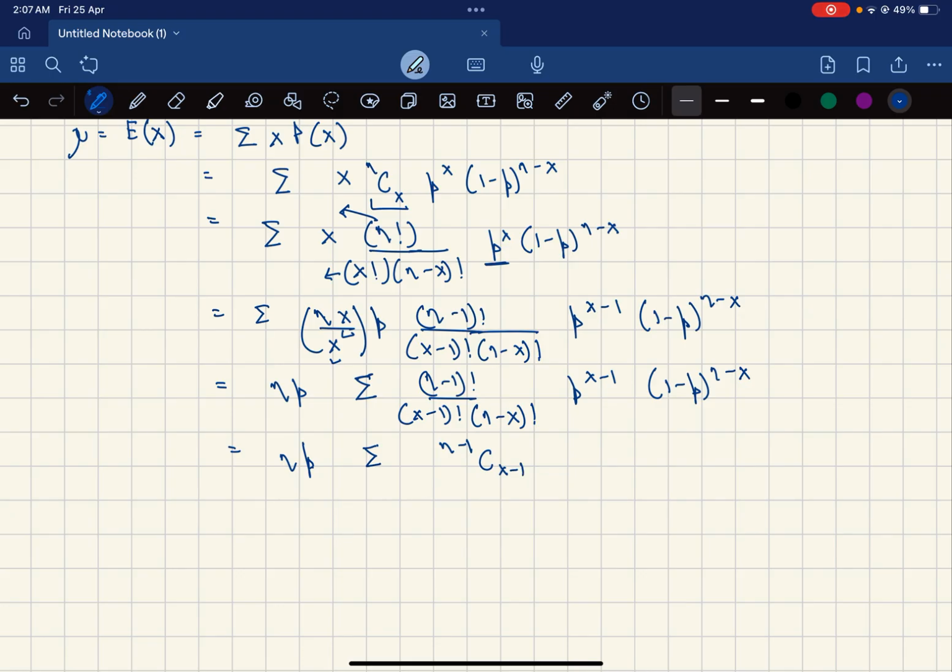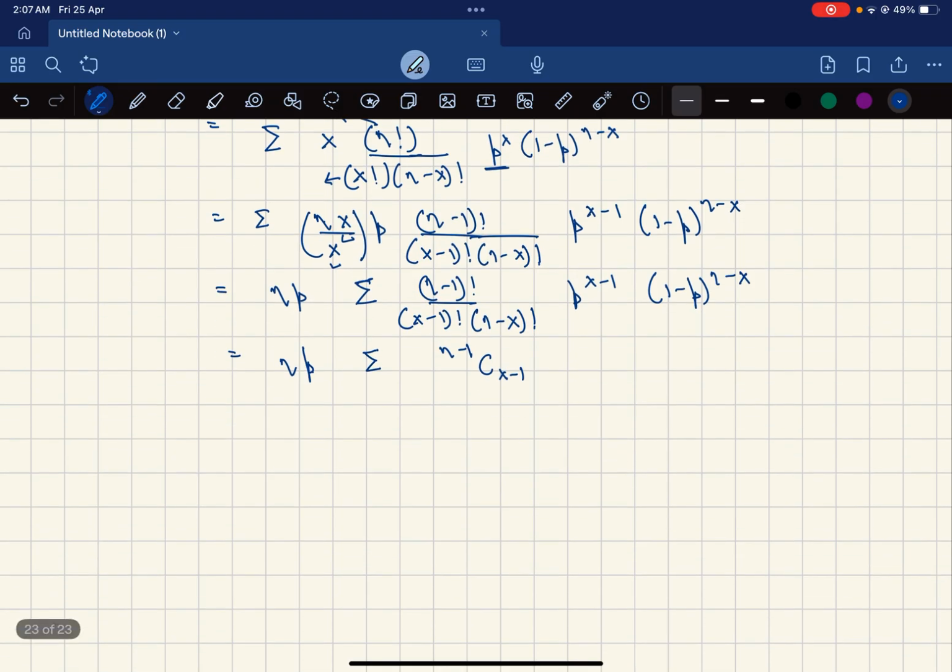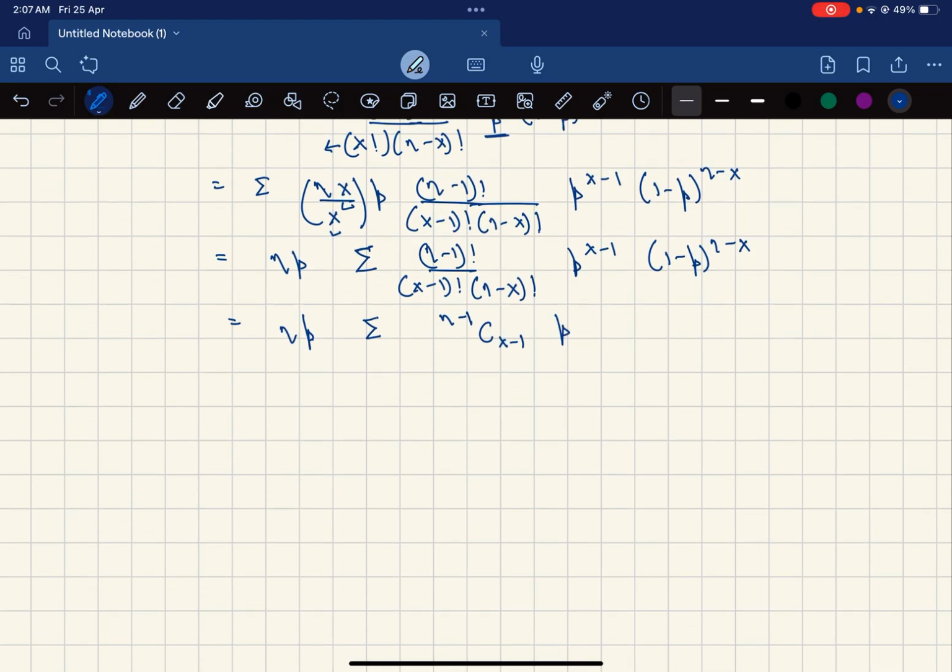So if you notice, the term which we obtained here, the term which is filled with factorials, is given as the combination operator n minus 1 c x minus 1. So we get the same combination operator here, and we keep the rest of it the same: p raised to power x minus 1 into 1 minus p raised to power n minus x. Now if one notices here, this is nothing but